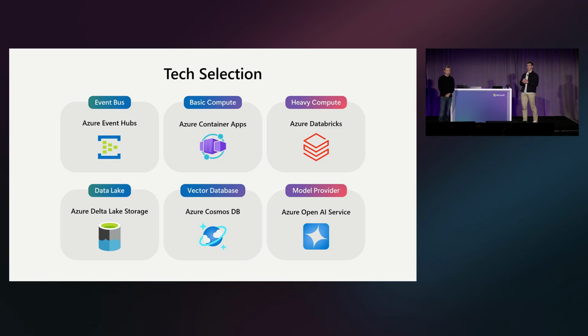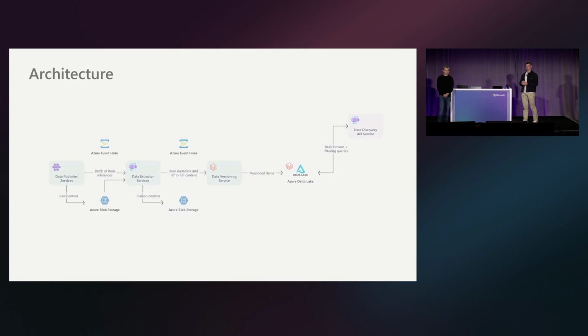And we're using Azure OpenAI service in two ways. First, to generate the vector embeddings with the text-embedding-3-small model. And then we're using the chat completions API to actually dissect the natural language prompt into its component parts for the database queries. We're going to talk about the architecture in 2 parts. I'm going to talk about the basic metadata indexing pipeline, and James is going to deep dive on how we build semantic search. So at the very start of the pipeline